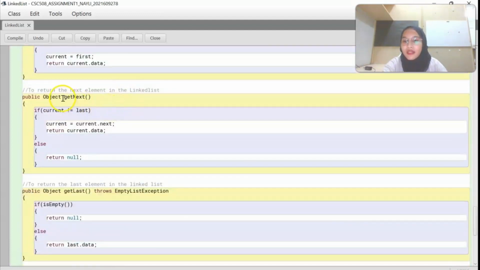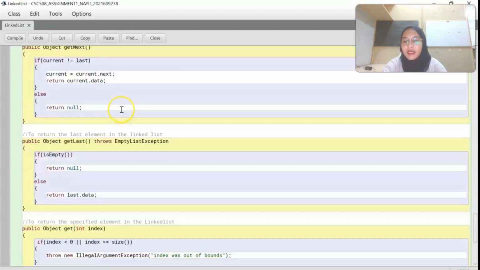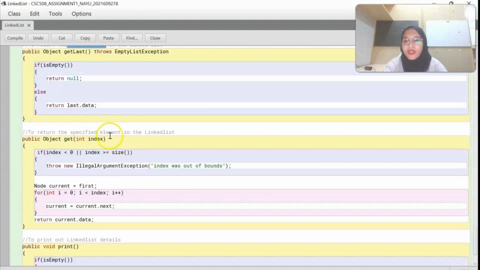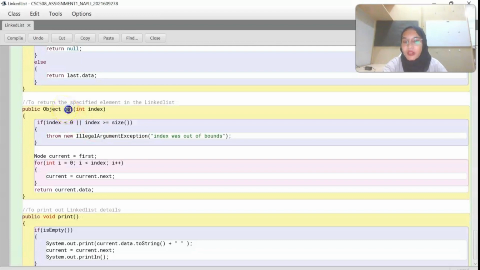The second return method is get next. This method is to return the next element in the linked list. The third return method is get last. This method is to return the last element in the linked list. And the last return method, which is the fourth, is get method to return the specified element in the